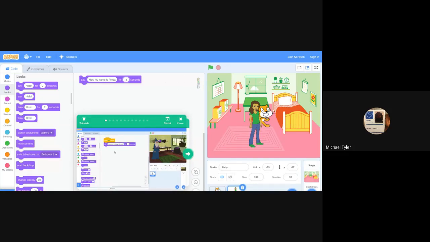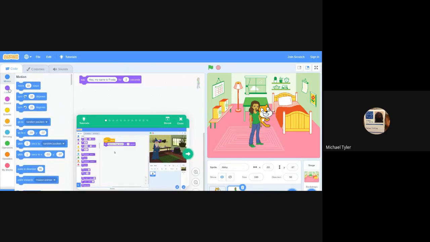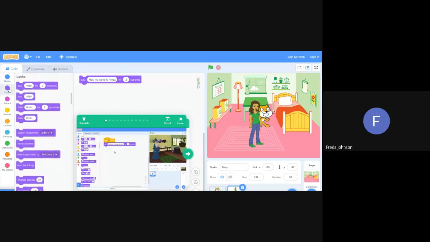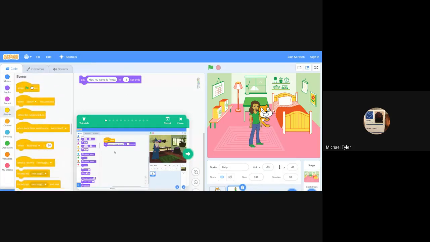Okay, so the next thing is, you're missing something, Frida. Where's your event block? Remember when I was sharing my screen, even in your video you got an event block, but you don't have one for your character. Right, that's the yellow thing. It says events. Yep. You see the yellow circle that says events? Click on that. There you go. And then you need to put that block at the first block. There you go. Now when you hit the flag, there you go.